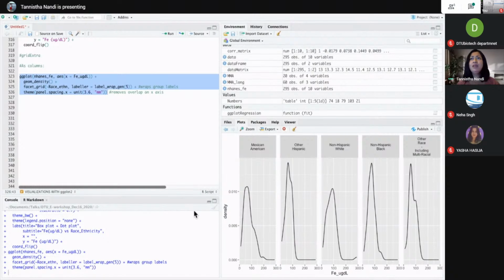Okay. Now the same thing we could, if we want to do it in a different orientation, let's say as rows, that's also possible. The only thing we need to change is